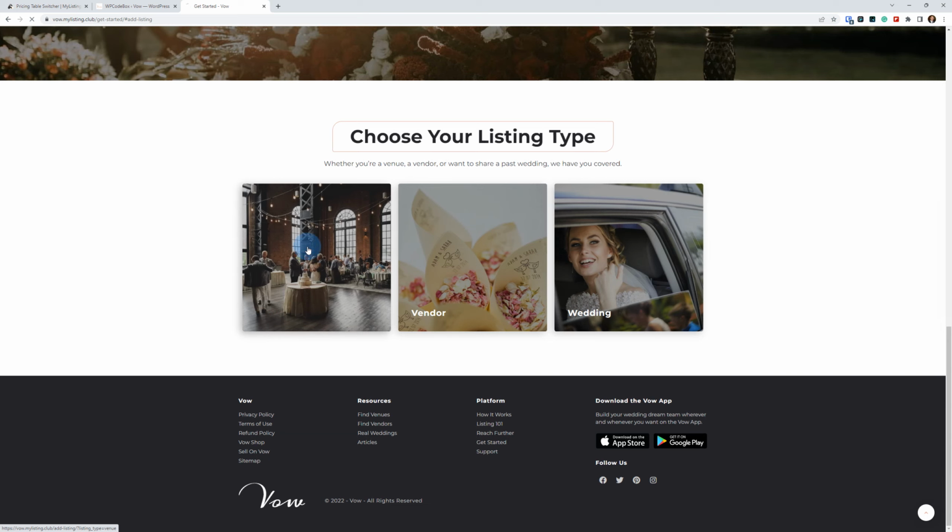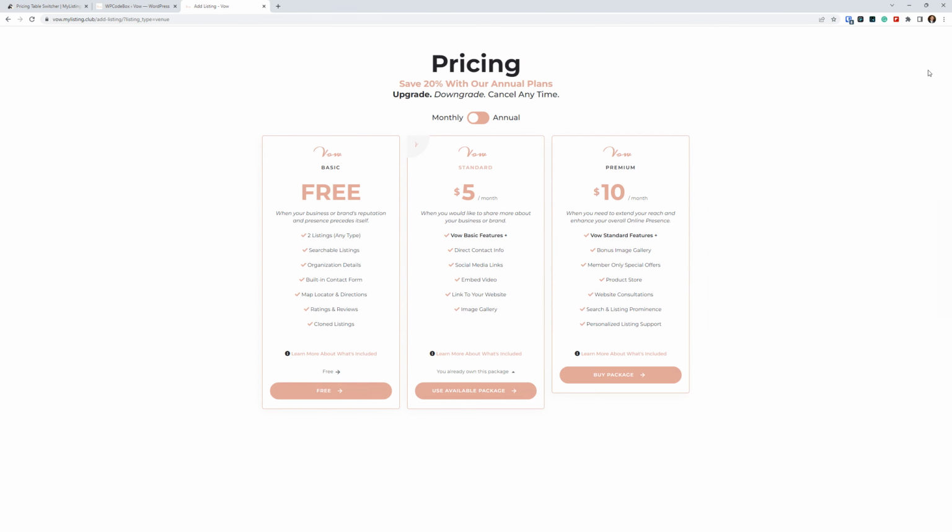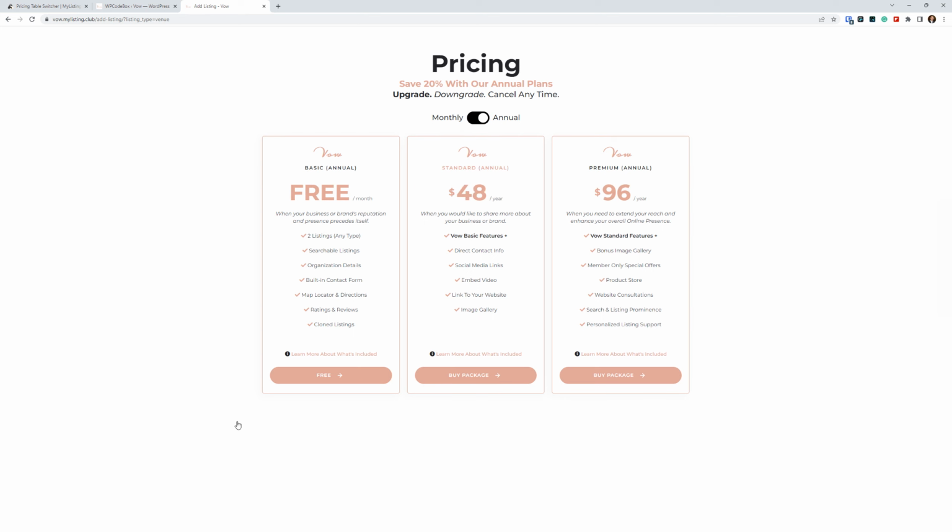We're going to choose venue as our listing type. And here we go, here's our toggle up here. This pinkish color is pulling from the accent color, so that's already ready to go. Everything else, like I said, is black and white in terms of colors, so it should work with just about every site. Okay, toggle that on. Right there, boom, we've got